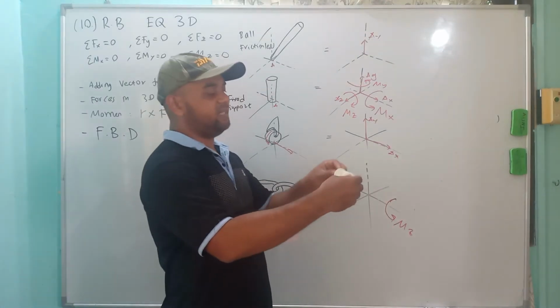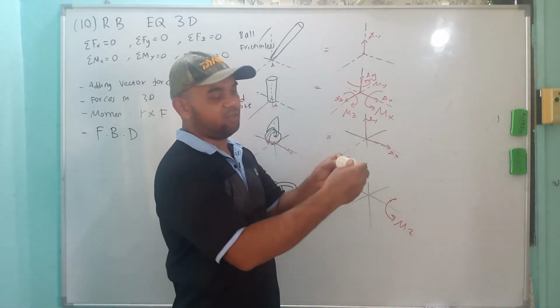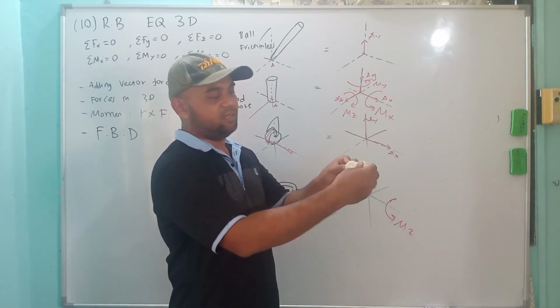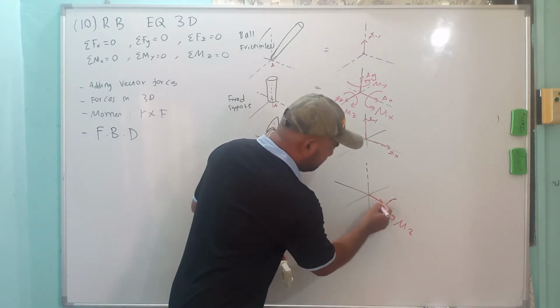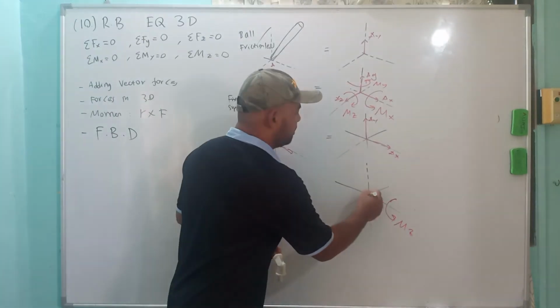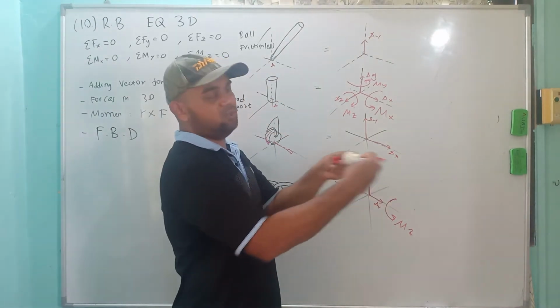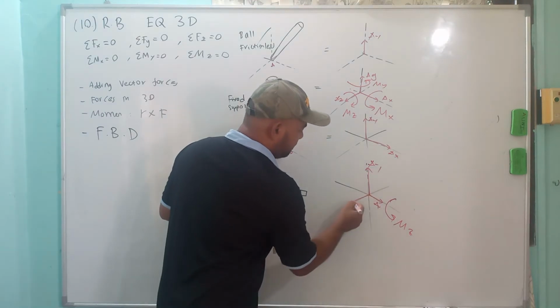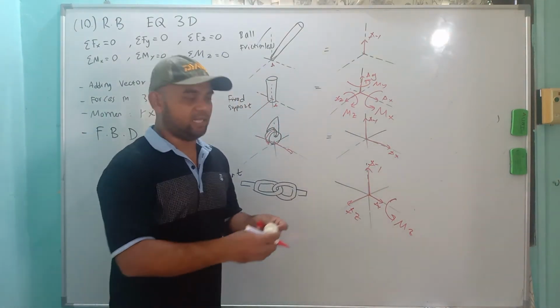But if I'm fixing this one, and I want to just move this component in X direction, I cannot, because there is a constraint here. So there is a force in X. I want to move it upward, also cannot, because it is held here. So AY. I want to move this in Z, also there is something holding, so AZ. AX, AY, and AZ again.